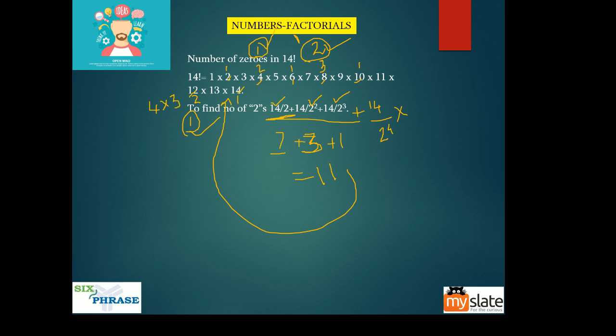And the reason why we don't do 2 power 4 is, 2 power 3 is 8, and 8 is less than 14. But 2 power 4 is 16, right? So 16 is greater than 14. So you have to do this only till the denominator is less than the numerator. Once the denominator becomes greater than the numerator, you don't have to write the term. This term is not required. So you understand this thing?